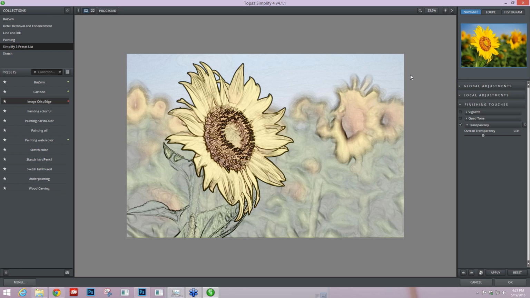But you might be saying, okay, well, how do I move on from here if you don't want me to go into my global adjustments and work on my color here? We have something in Simplify that carries over from some of our other programs, and that's the Apply button. The Apply button is going to allow you to stay within Simplify and continue to apply effects as you move forward with your workflow. So if you're coming up with your own unique workflow like we're doing here, using this Apply button to your advantage to keep creating